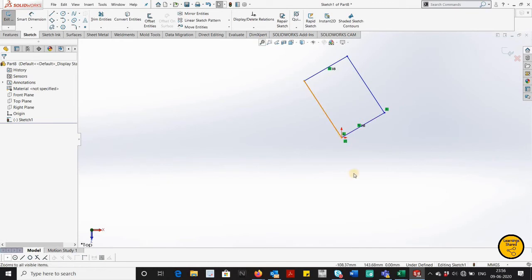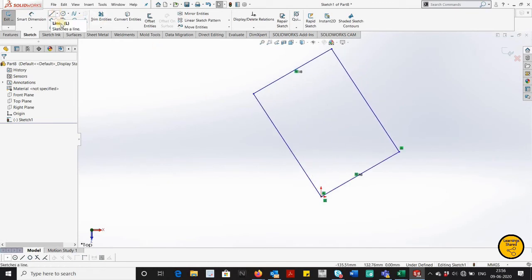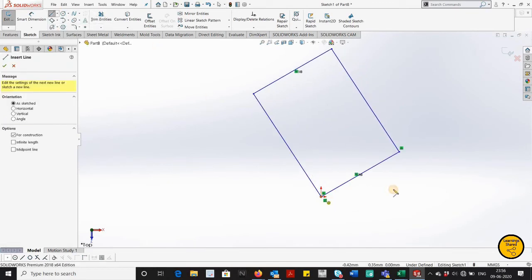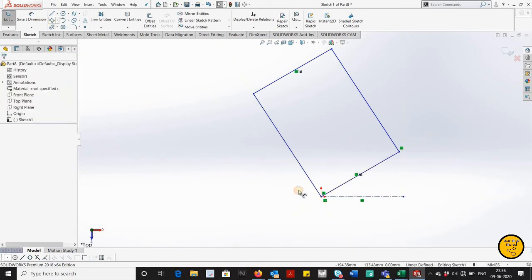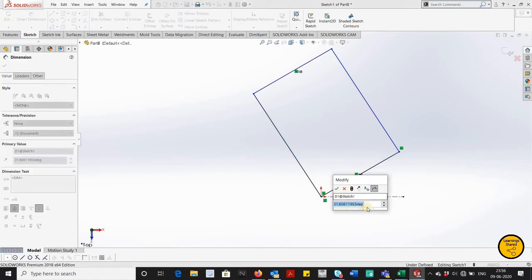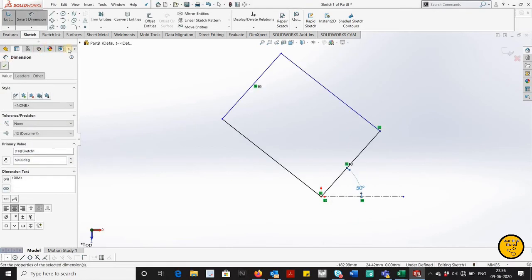Suppose I want to change the angle, I draw one horizontal line and give dimensions; I want to give 50.